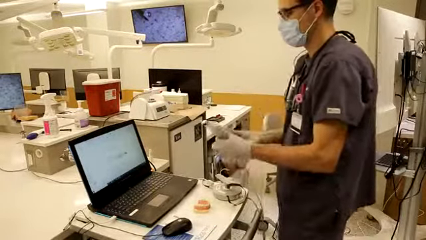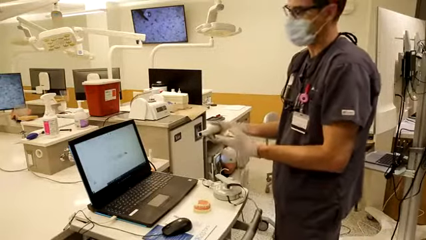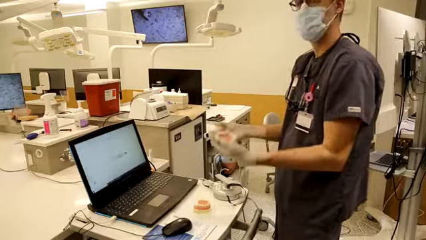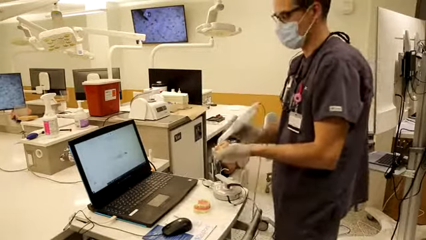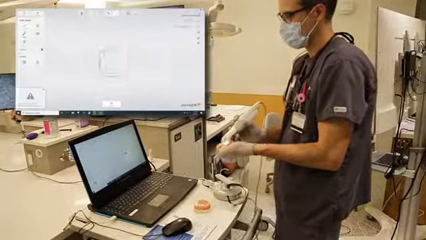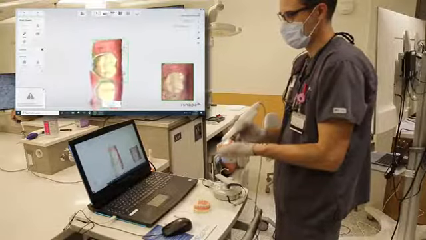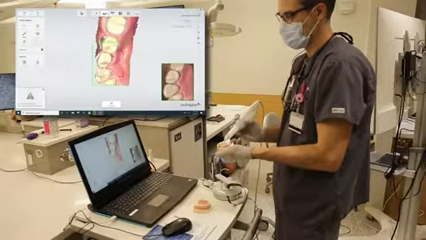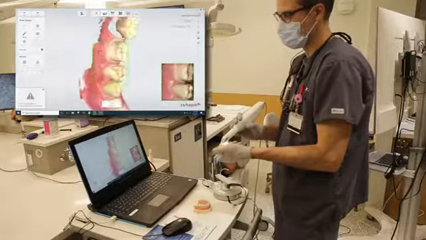The wand has a high-def camera, basically, and it's going to take a series of pictures that creates almost a video and a 3D image of the tooth. And you can kind of hear it working as we scan. And the nice thing about using these scans,